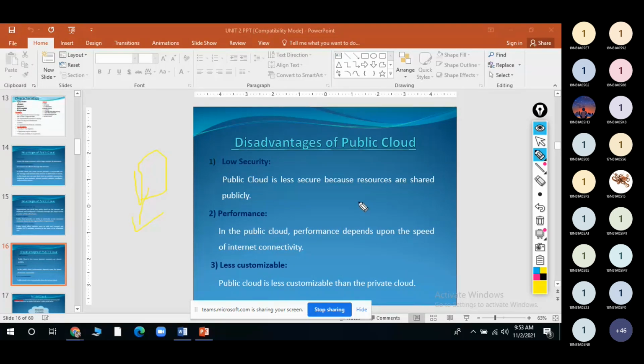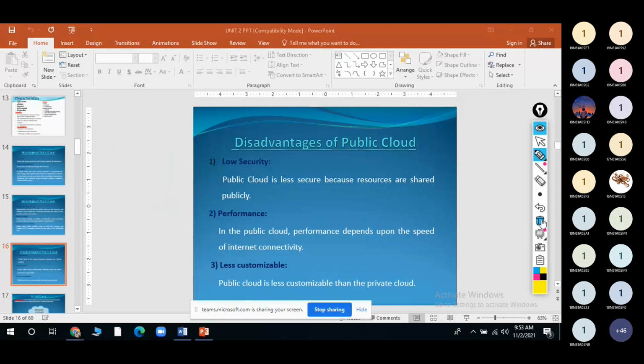The service providers and developers developed that Teams app and kept it in the cloud, we have downloaded it and are utilizing the services. If I want to make some changes in that particular Teams app, I can't do it. So that is less customizable. Whatever public cloud services we are using, we can't make any changes to them, right? So this is about the public cloud.